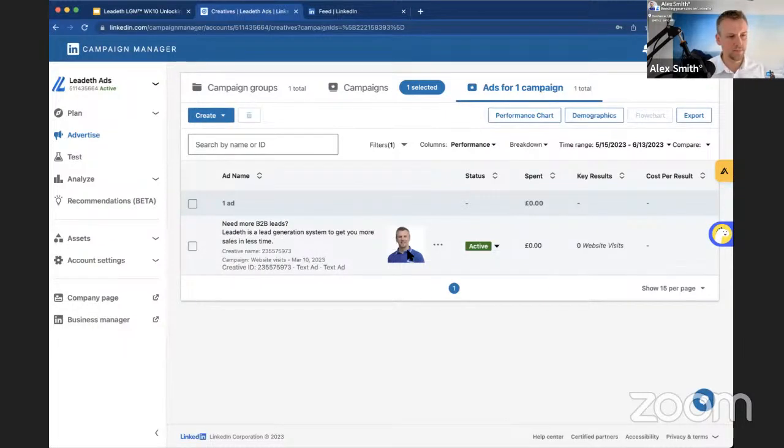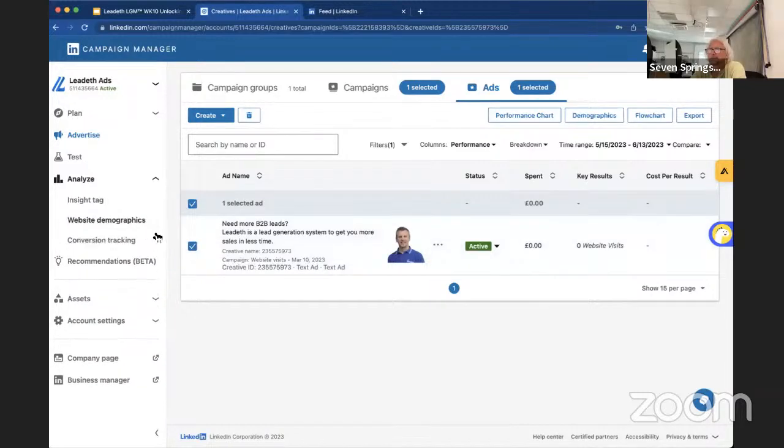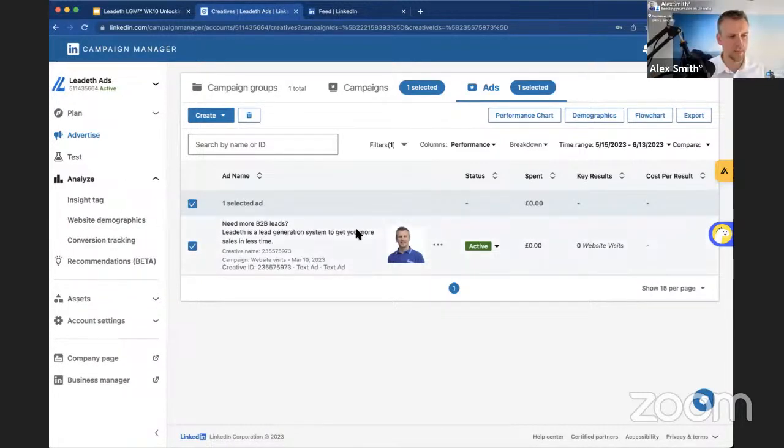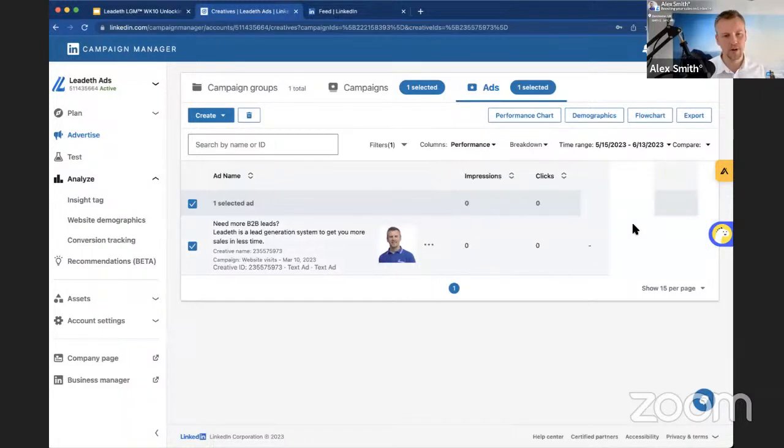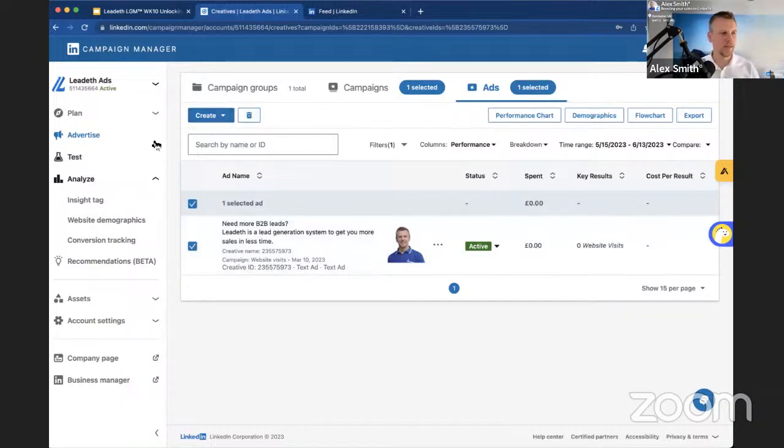Then you can review it. I think because it's an old campaign now, there's no up-to-date stats on that one, so I'm not sure. But basically that would give you the impressions, the clicks, the cost per conversion, and all the different information, number of events, number of clicks you've had off the back of it. So you can monitor that there.